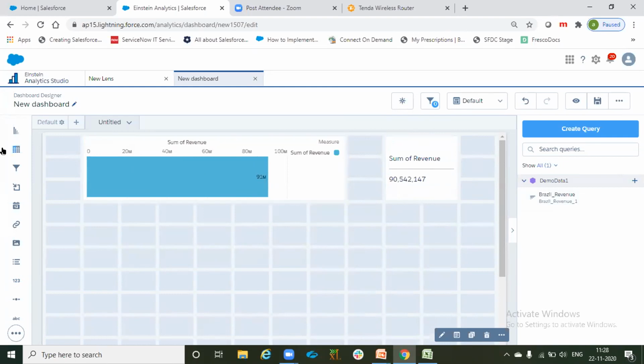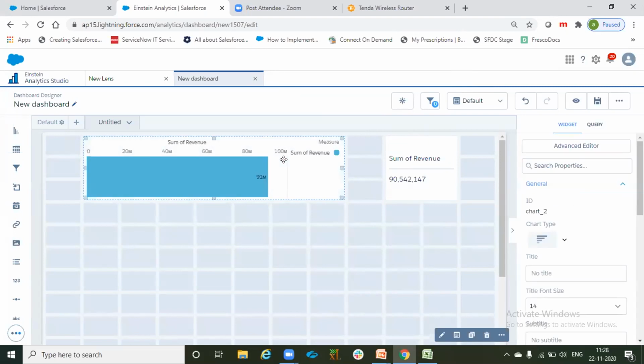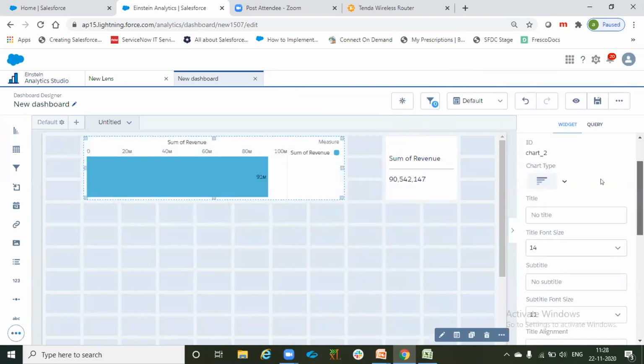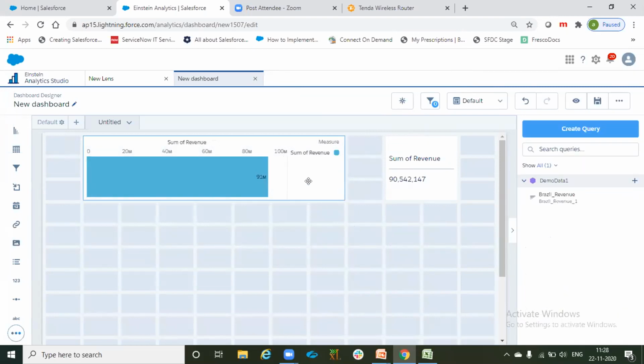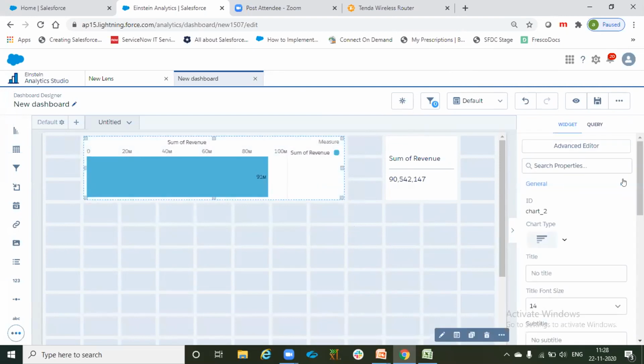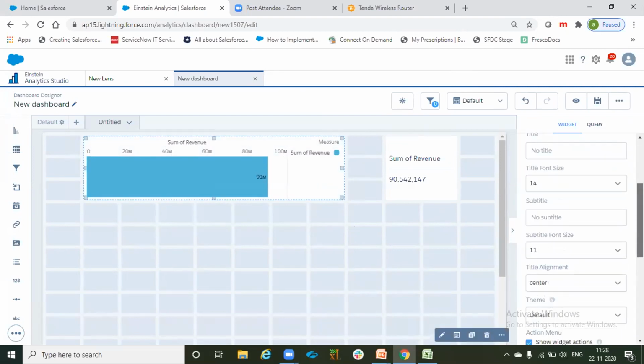Now every widget, we will see all the widgets one by one, but I just wanted to show you that every widget has a lot of properties. When you select a widget, it will show you all the properties in the right hand side, in this panel.